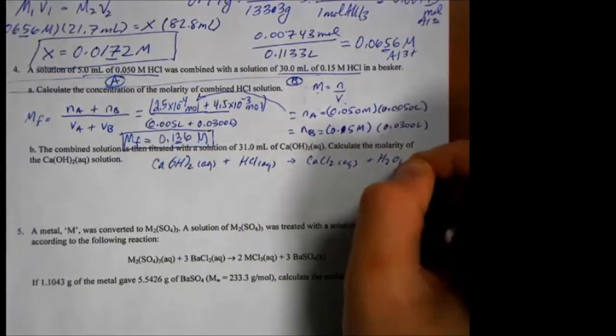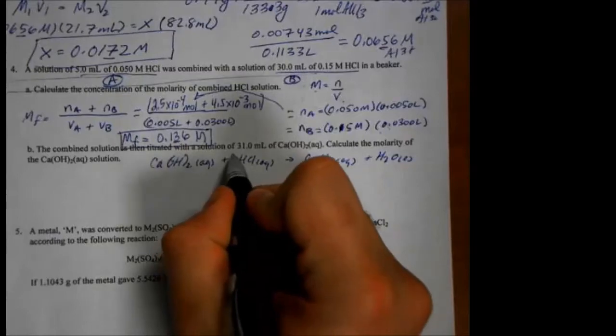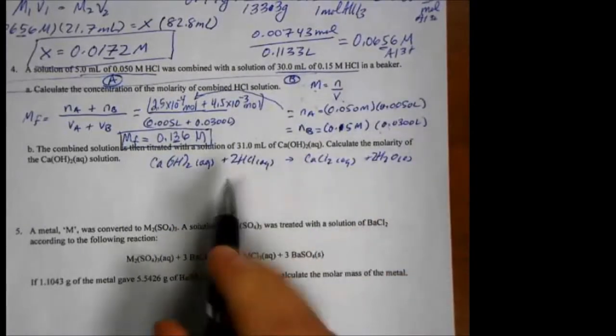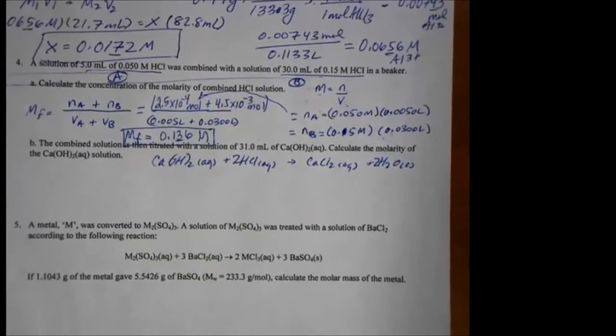Okay, that's just a standard acid-base reaction. And to balance this, we need 2 HCl's and 2 waters. The reason we need this is because in order to do any kind of stoichiometry, we need to know what the intrinsic relationships are